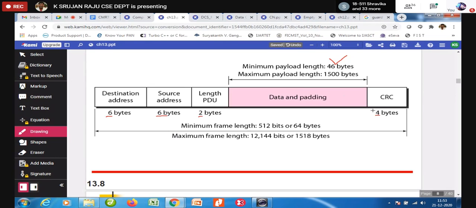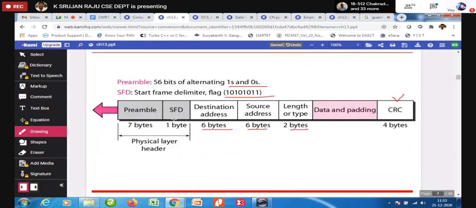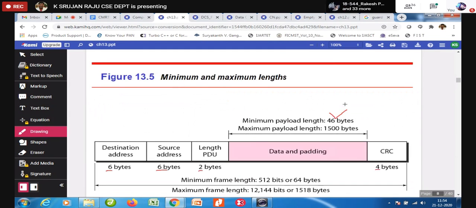Then you are going to have 8, 8, 16. See, 7 byte, 1 byte, 8, 20, 26. And that minimum data and padding.